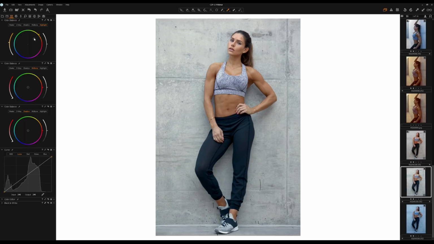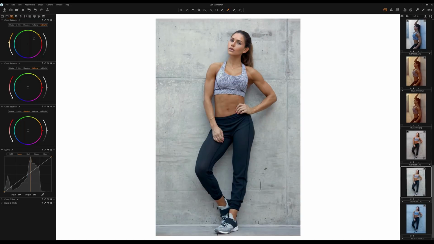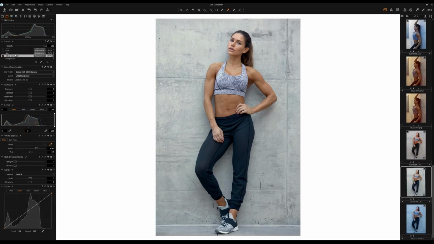So I did bring up the highlights a bit because gray is gray, but I wanted it to have a bit more of a warmer green feel to it. So I did bring up the highlight a bit on this one as well. Now, if you notice, the skin wasn't quite where I wanted it, so I did an adjustment for that as well. So as you can see, this is super loose